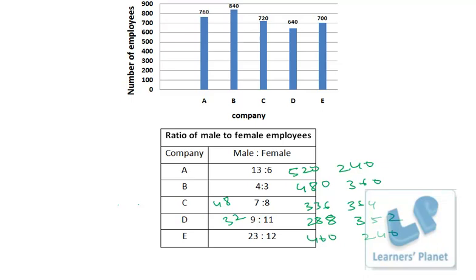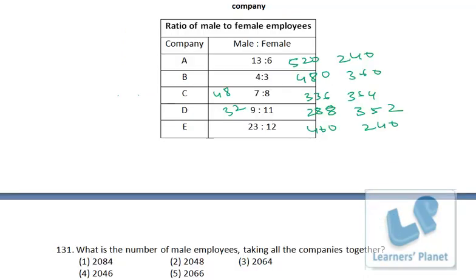Now let's see the problems. Now the first question, what is the number of male employees taking all the companies together? Now we have the data over here, easily we can get the answer. It's 4 at units place, 8 and 6, 14, we have 4, then 1 is carried, 1, 2, 3 and 8, 11, 12, 13, 14, 20 and 28. The second digit must be 8. No need to calculate further. This will be the correct choice because last two digits must be 8 and 4. So that's there only in this option. Okay.